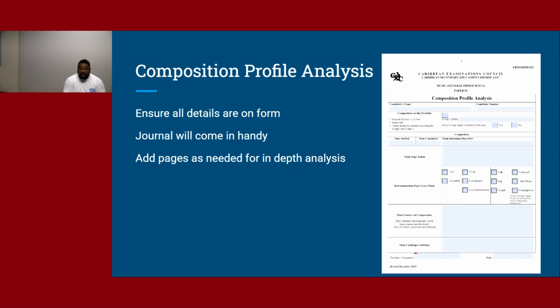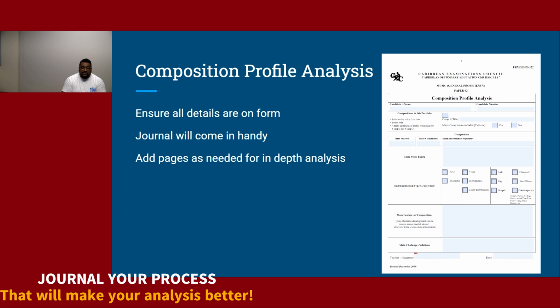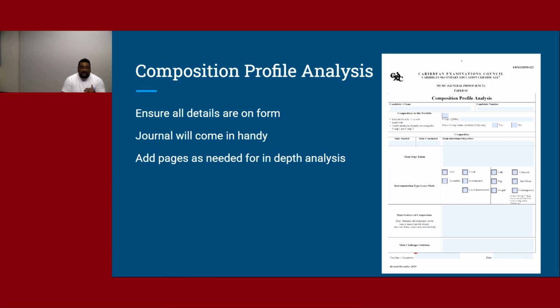This form as well, your compositional profile analysis, which you are to be filling out properly. So that includes your name, your number, the names of the compositions, and you see some main things that are being checked: the genre, main steps. This area is where I encourage journaling to take place, because you need to document all that you have been doing over the time spent with these pieces. Do a day-to-day analysis, in-depth analysis. And you can accompany these pages with your compositional profile analysis. Don't just write, I did this piece because I had to do it.